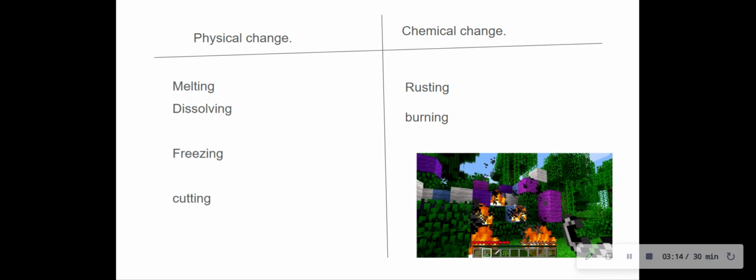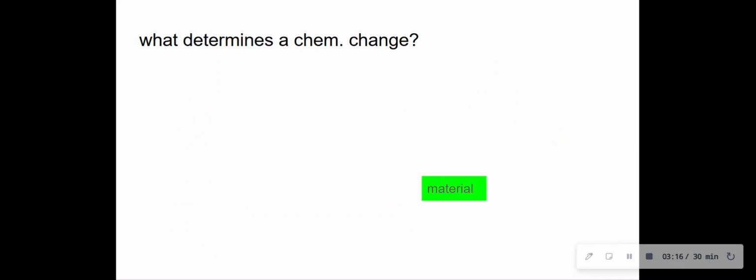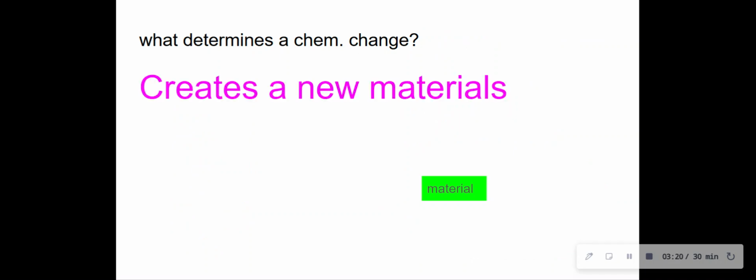So what determines a chemical change is, does it create a new material? Take burning, for example. If you burn wood, it turns the wood into ash. That's a new material. However, if you melt ice, it doesn't necessarily change what it is,